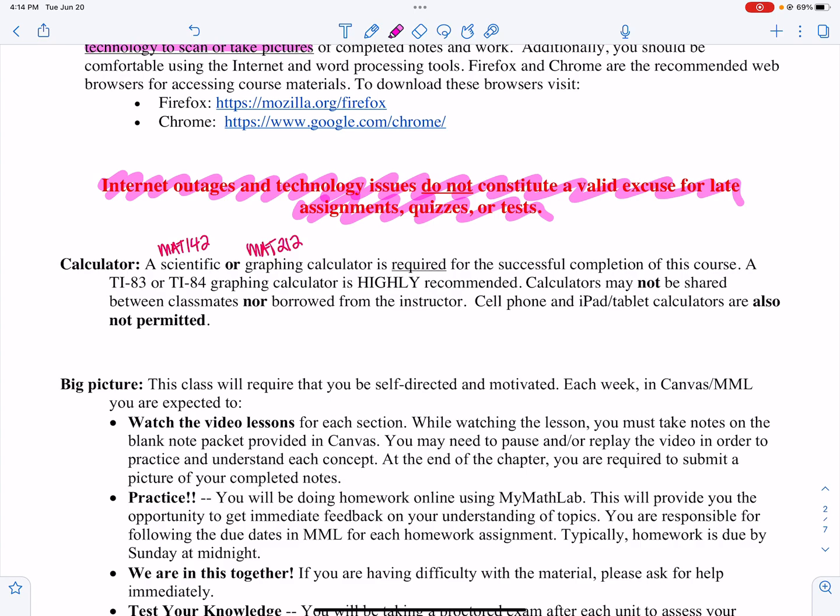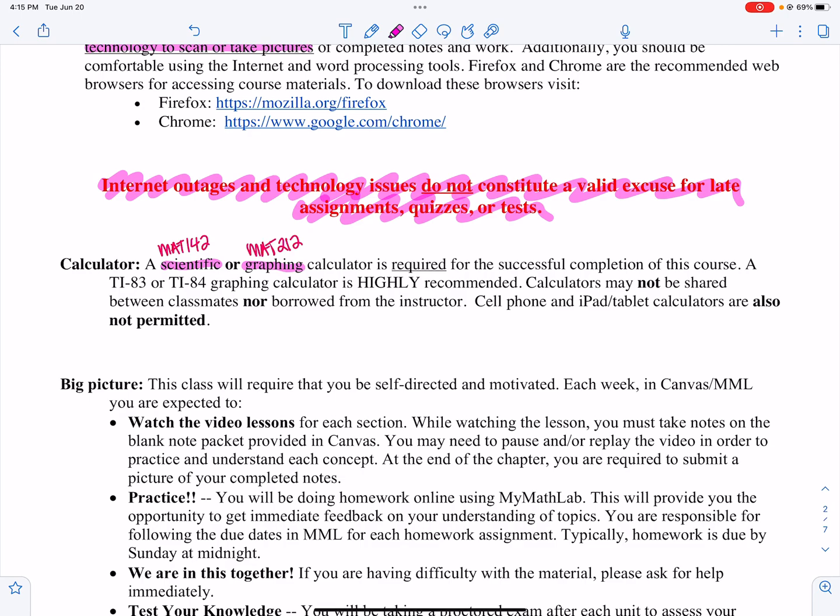The last little piece of technology, I guess you can call it, is a calculator. Now, depending on your class, if you are in MAT 142, a college mathematics student, you will need a scientific calculator for this class, a calculator where you might see the sine, cosine, tangent buttons. Now, that's trigonometry, and I'm not going to use those buttons, but that'll give you an idea of what type of calculator. If you're in an MAT 212 class, that's brief calculus, you're going to want to probably use a